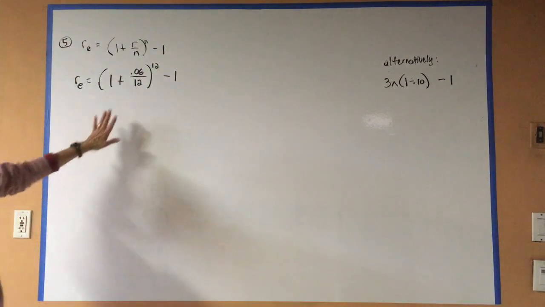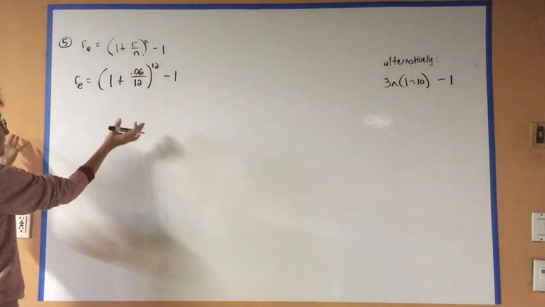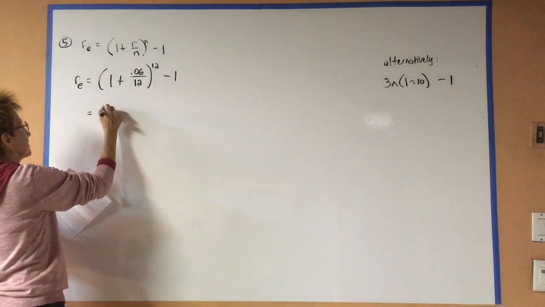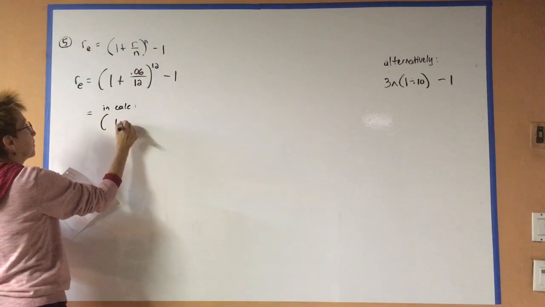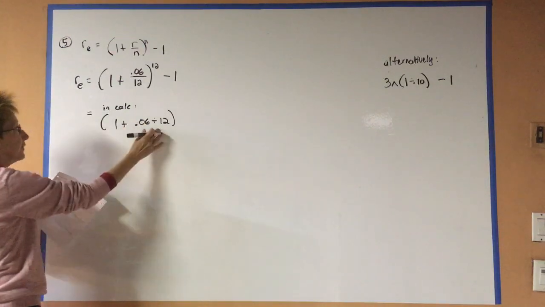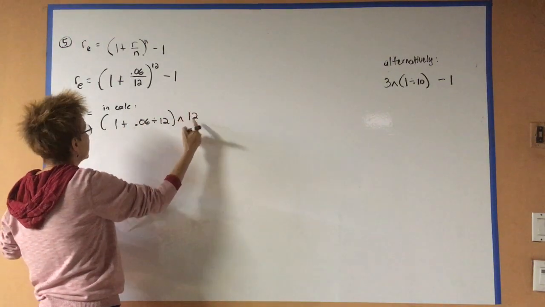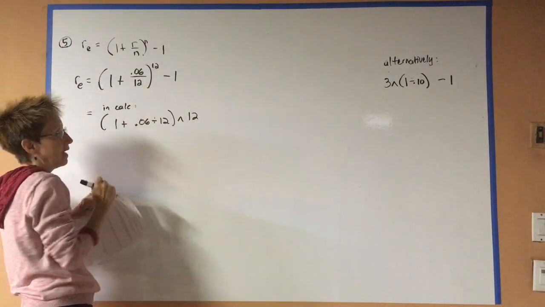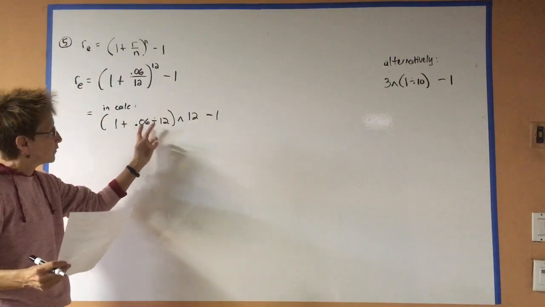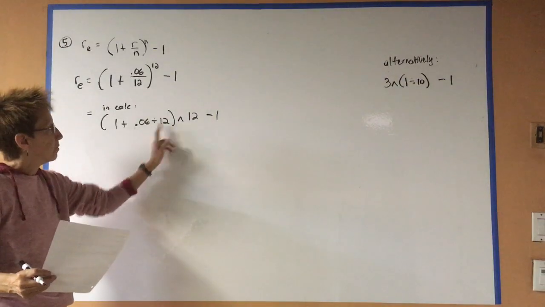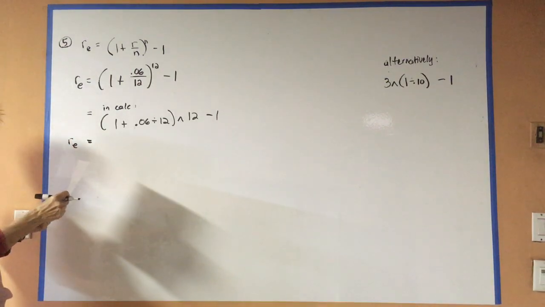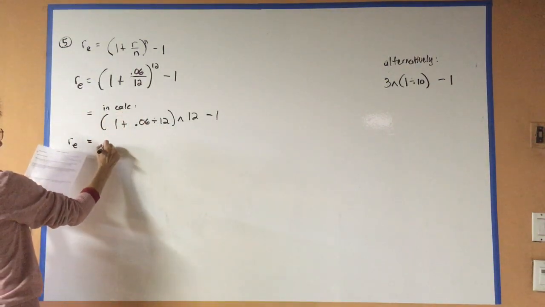So I'm using the first formula because they gave me an N. So when I put this into my calculator, I'm typing 1 plus 0.06 divided by 12, to the power of 12. I don't even have to put this in parentheses because this is not anything I'm having to multiply. And then you just subtract 1. Order of operations will be respected here. It'll do the division, it'll add, it'll do the power, and then it'll take that answer and subtract 1, which is exactly what I wanted to do. So the effective rate of interest, when I put this in there, it spits out